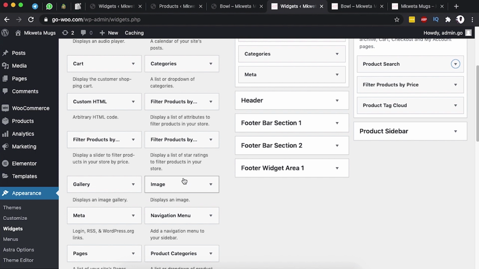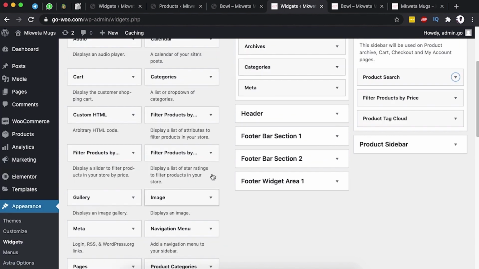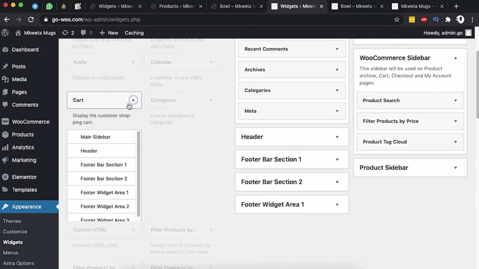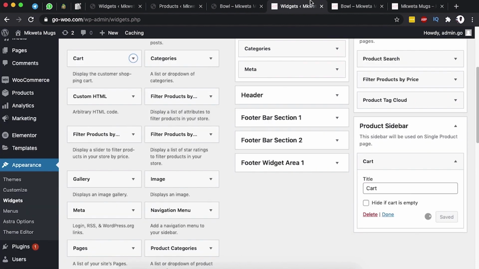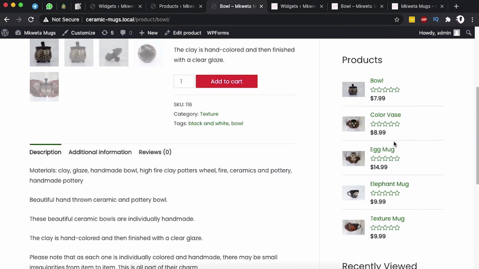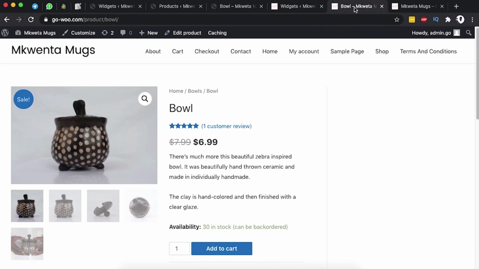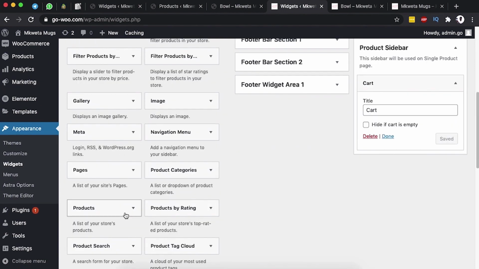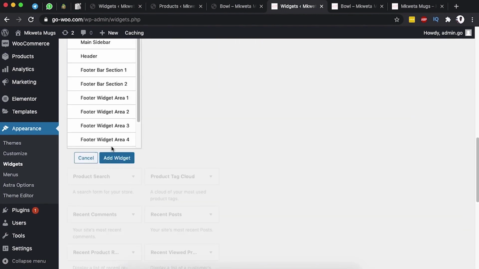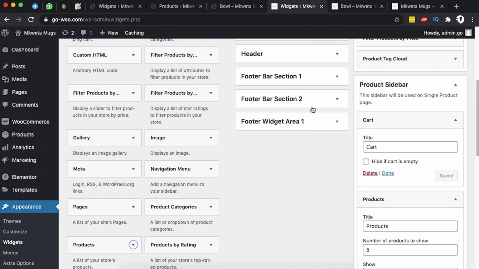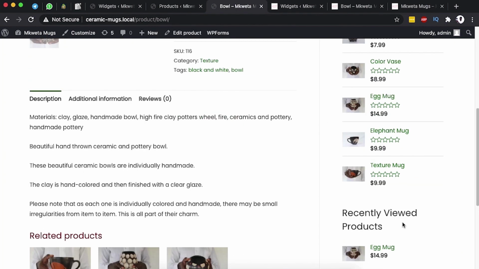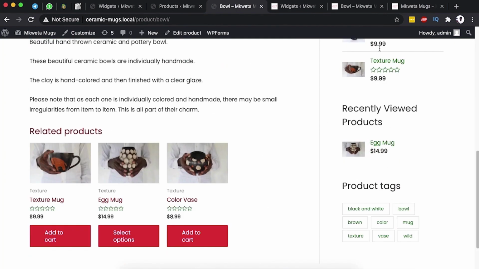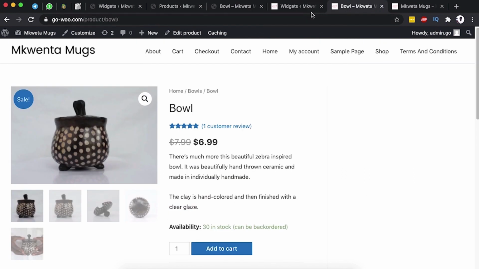So I'm going to come over right here and select the widgets that we want to appear there. First is going to be a cart widget. So we add it to the product sidebar. Next, we are going to add the products widget. So come back here, look up for the product widget. I add it to our product sidebar. And then we are also going to look up for the other widget, recently viewed products, and then the product tag widget. So come back here,